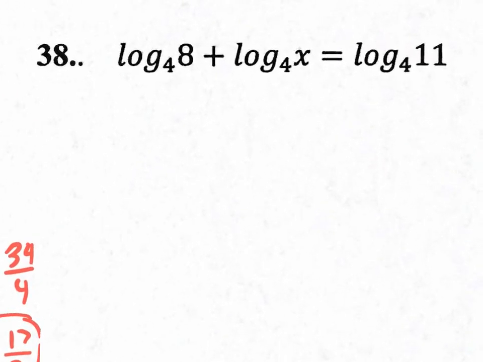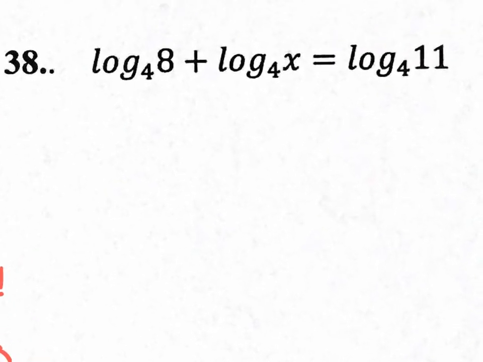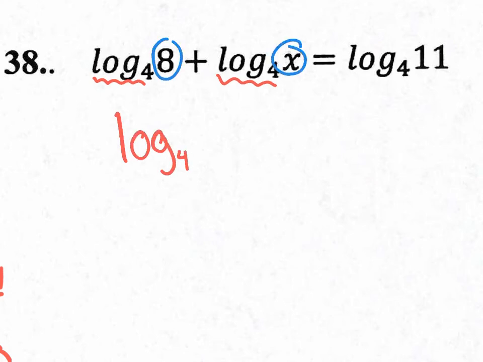Might as well do 38. We're doing all these log ones, they're all worth doing. This is the latest section, using these different properties. What property could I use to condense this? Product. Okay, so I'm going to get this log base 4 and that log base 4 and write it as a single log base 4, but I need to take this 8 and that x and multiply them together. So I will have log base 4 of 8x